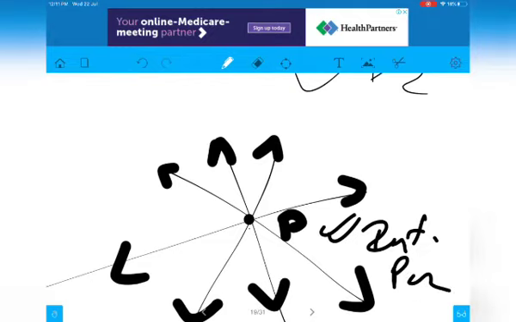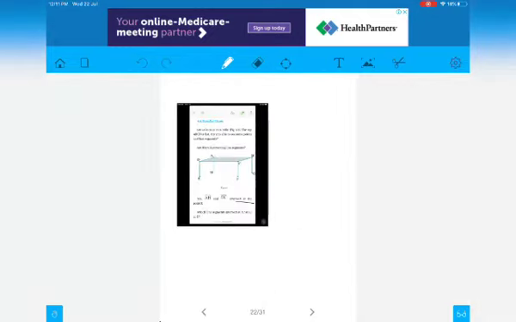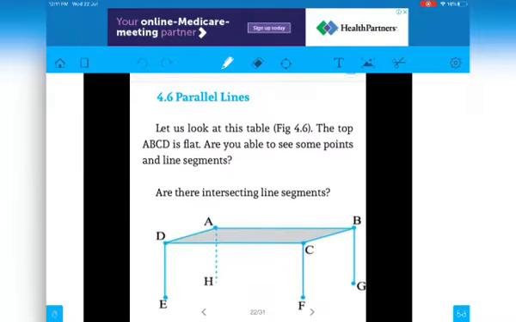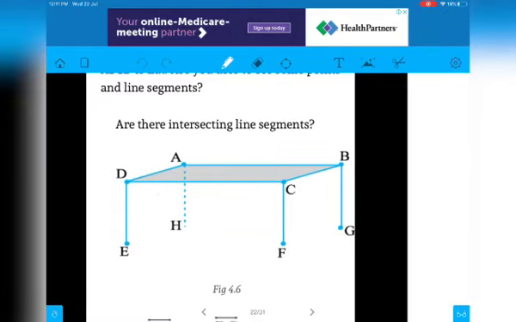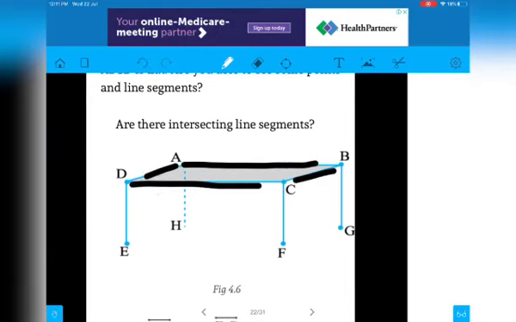So now let's come to the next one, parallel lines. Dear students, you will see what parallel lines are, as you have seen the lines made in your notebook. You will see a desk in your classroom. You will see the sides of your books and notebooks. You will notice the line segments like AB, CD, BC and DE. These all are line segments which are intersecting at points A, B, C, D.